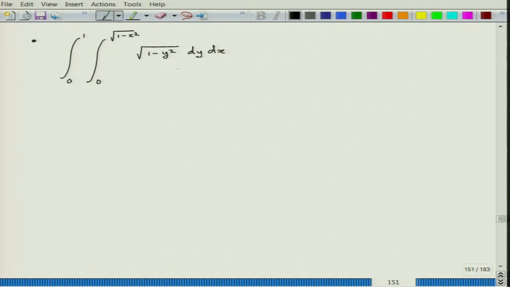If you want to integrate this root over 1 minus y square dy, so basically it is a kind of circle, but if you want to write it in that form, it will become very tough to do. Then the whole integration becomes much more complicated, right. But if you want to do it much more simplistically,